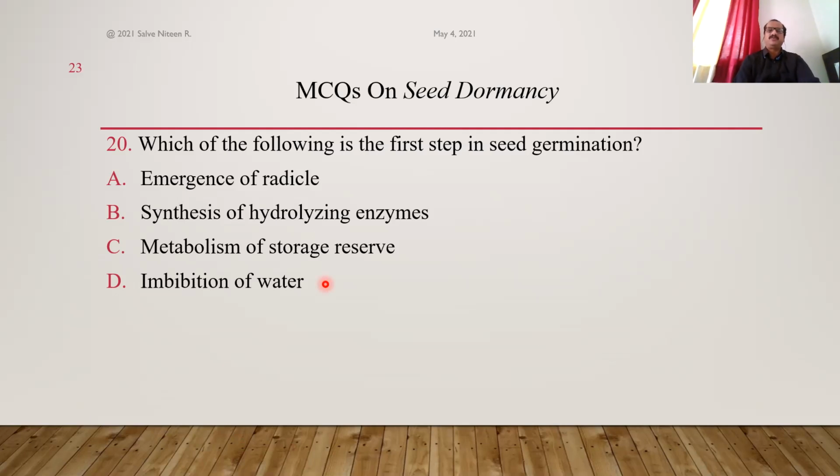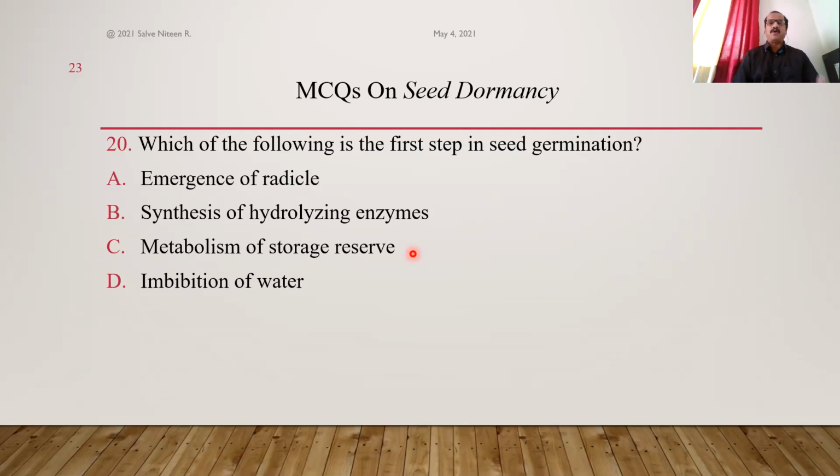Due to imbibition, then seeds swell, there is increase and expansion of the embryo, and then embryo synthesizes some hormone called as gibberellic acid, gibberellin, and this gibberellin then allows the synthesis of hydrolyzing enzymes like your amylase, alpha amylase and beta amylase for degradation of starch, then production of proteases and peptidases for degradation of proteins, then the production of lipases for degradation of your fats or triacylglycerols, so that this complex reserve food material are broken down into a simple material like sugar or amino acids